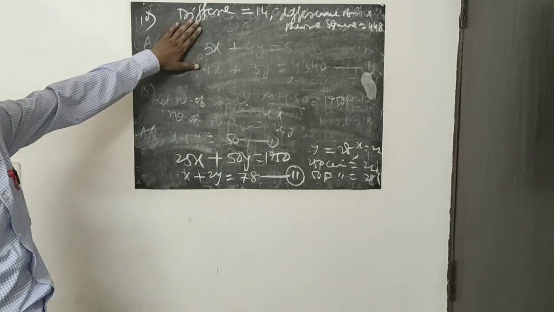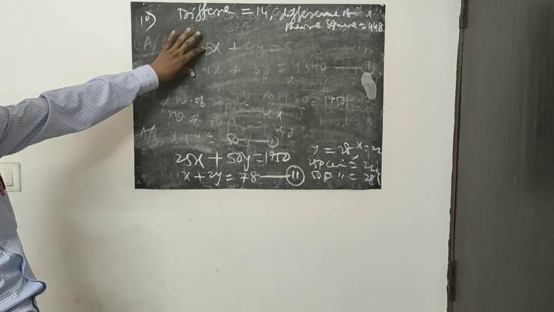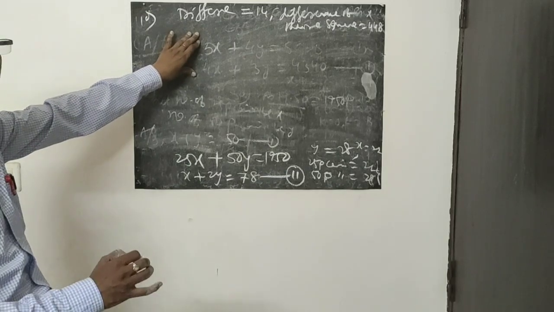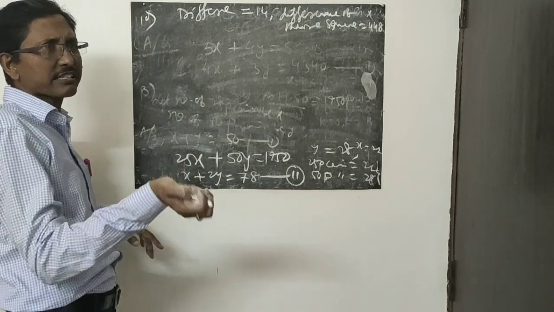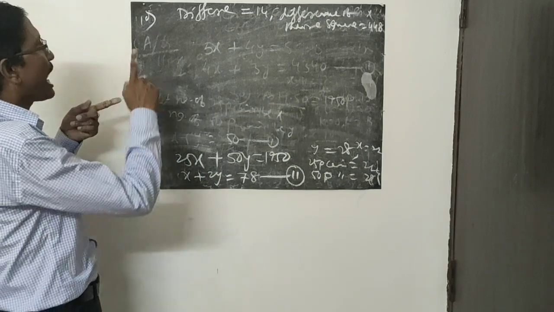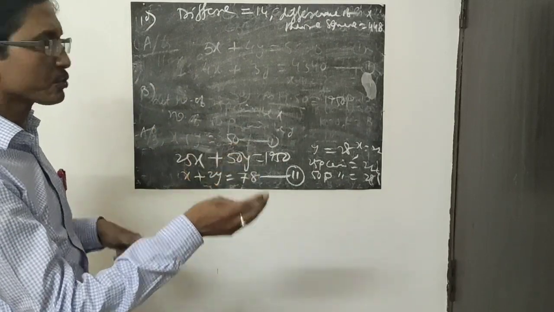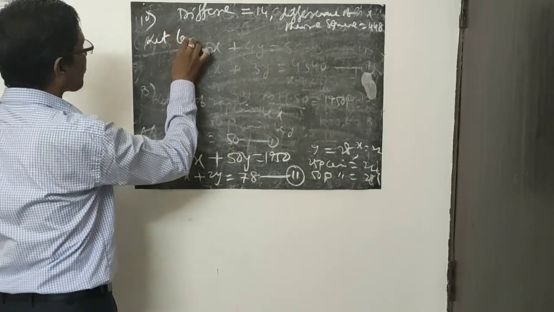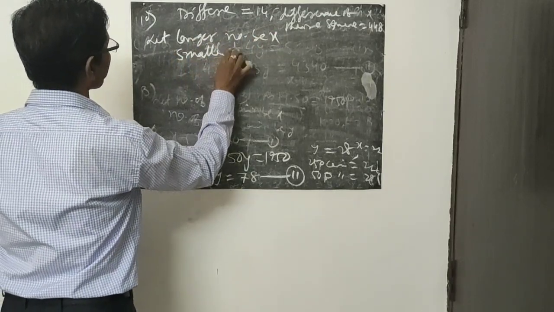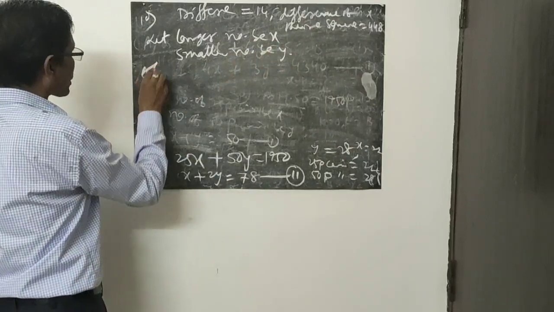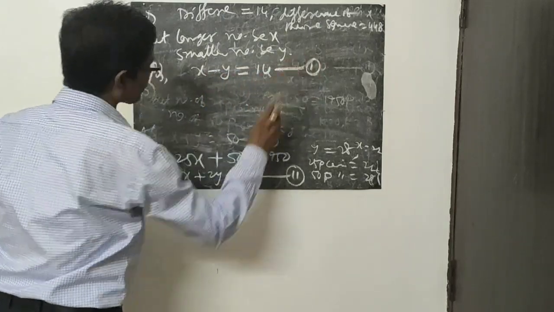So first one, very simple. Since the difference is given, particularly you have to take this approach. Suppose the larger one you take as x and the smaller one as y. So we should write x minus y equal to 14. That's a particular way we are thinking, since the difference is given. If the sum is given, it does not matter, 2 plus 3 or 3 plus 2. But if the difference is 5, then it is 7 minus 2, not 2 minus 7. So if the difference is given, it is better to let the larger number be x and the smaller number be y. According to the question, the difference between these two numbers, larger minus smaller, is equal to 14. That is a simple linear equation.